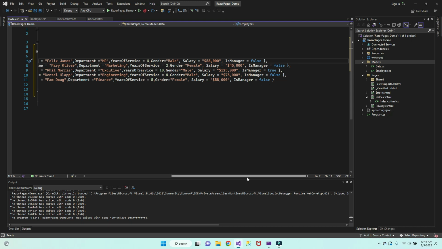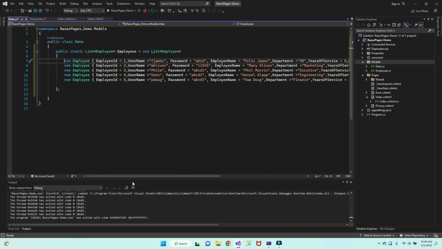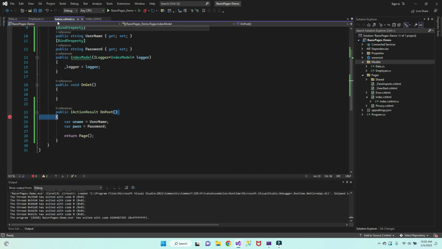Okay, so now let us go and do the rest of the stuff. Let me save this. Let me go back to index.cshtml.cs. In here, this is where we want to start the magic of logging in. So let's do the login code behind, the programming itself. The first thing that you want to do, now that you have this username and password right here, is